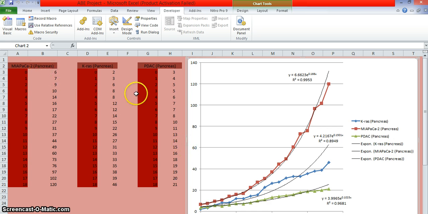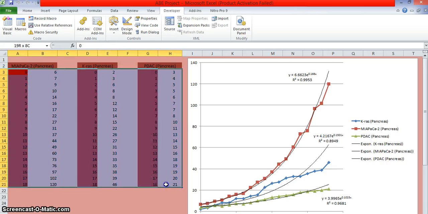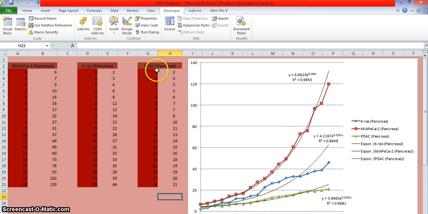Basically what I did was try to map the growth of different cell lines, MIAPACA2, KRAS, and PDAC cells based on known values, which you see right here, for their development over 18 days in millions of cells. So 3 million, 4 million, 5 million, etc. I plotted these and basically got these functions right here, which told me about what rate they were growing exponentially,